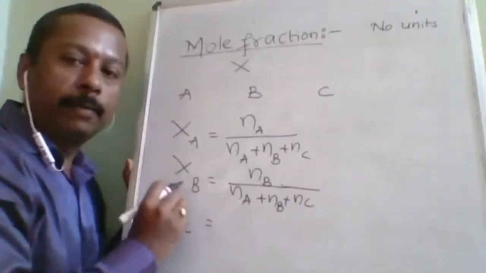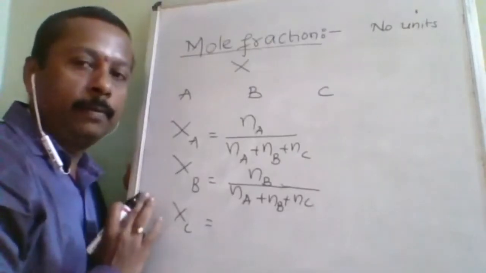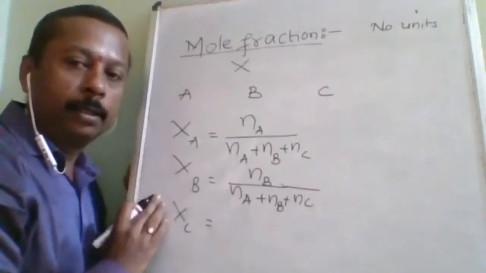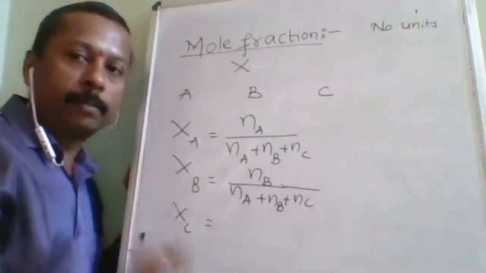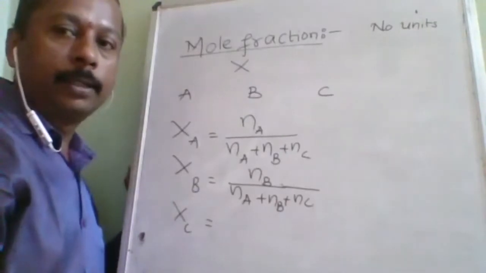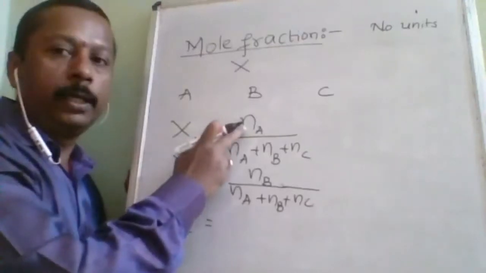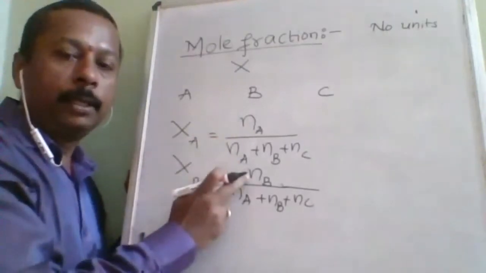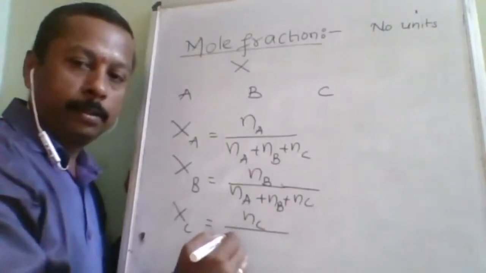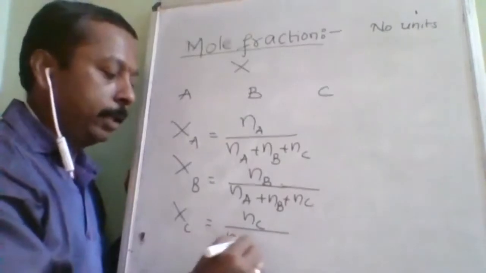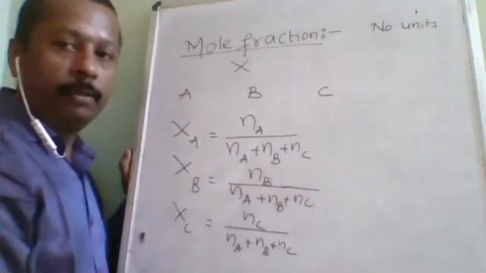Here everybody is given equal importance. The tragedy of the previous units is that they always keep the solute in the numerator. They don't give value to the solvent. Every time the solvent is allowed to sit at the bottom, that is, in the denominator. Now here everybody gets equal opportunity. In this formula, A is on the top. In this formula, B is on the top, and in the next formula, which is going to be on the top? Very good. C will be on the top.